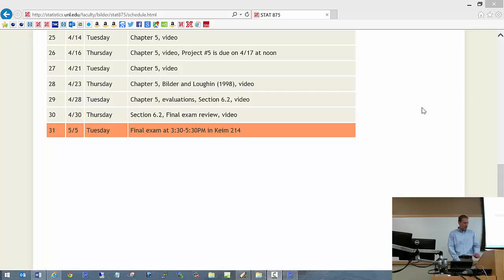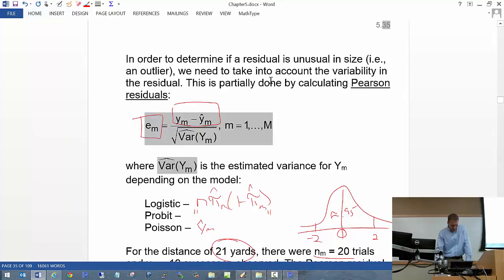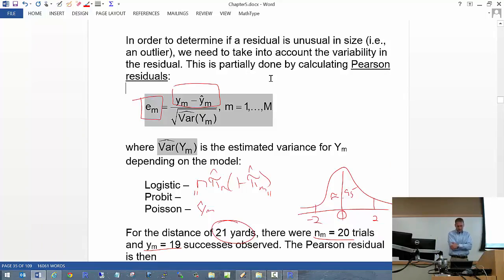Okay, we left off last time at about page 535. So we were talking about ways to evaluate the fit of a model, specifically models for chapters 2 and 4. And what I mean by evaluate the fit, I'm looking at, well, how good are our predictions of what we're after. So that means then we're going to be looking at residuals, and specifically we started looking at Pearson residuals last